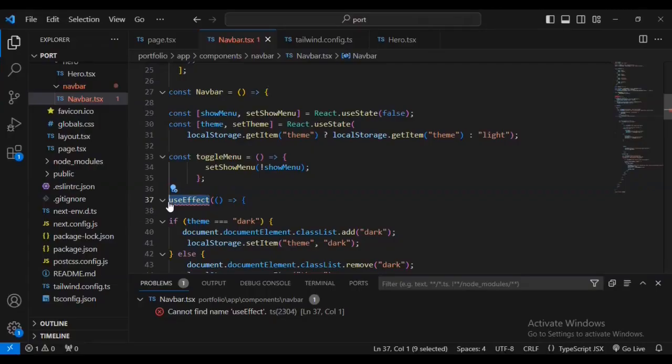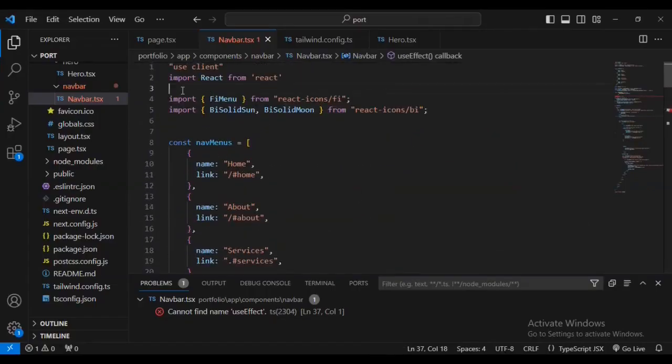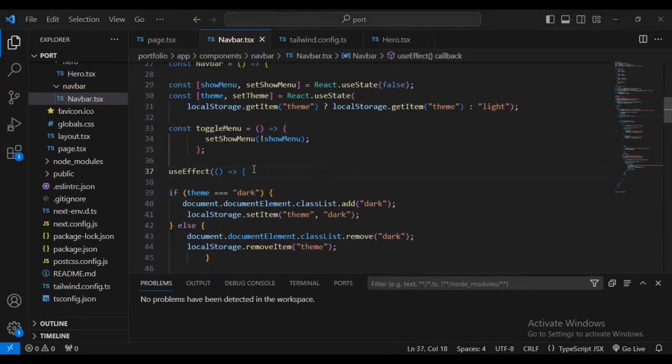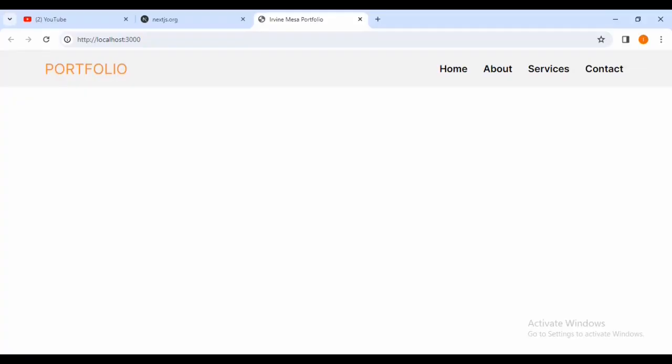Okay, I'm still seeing an error, so I need to import useEffect from React. So if I come inside, okay, I can now see that it's failing to display the moon icon by default. So I'm going to have to